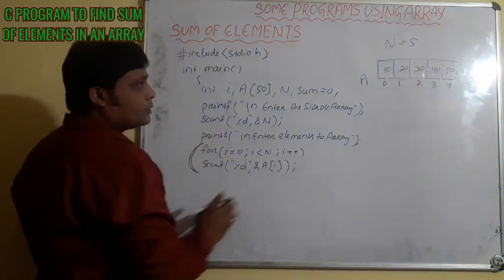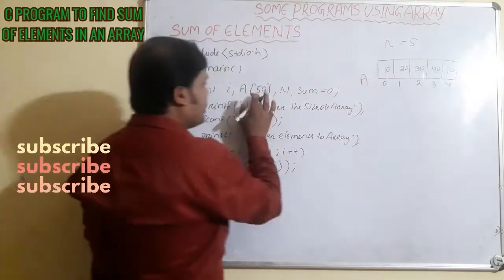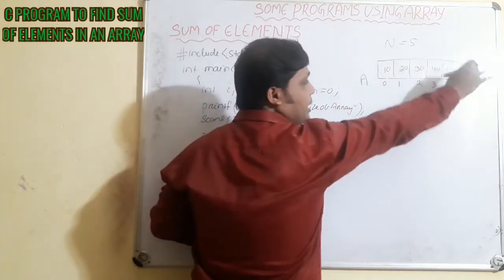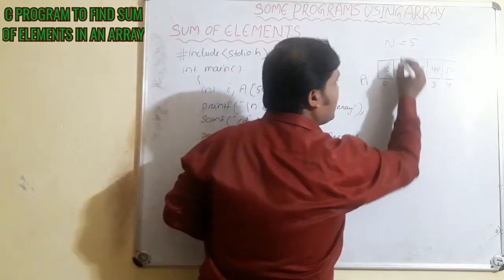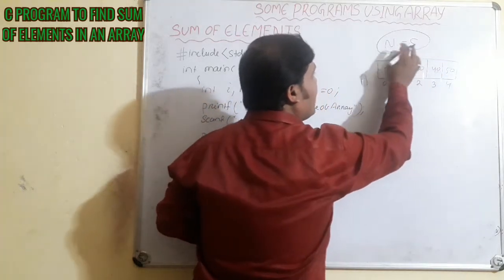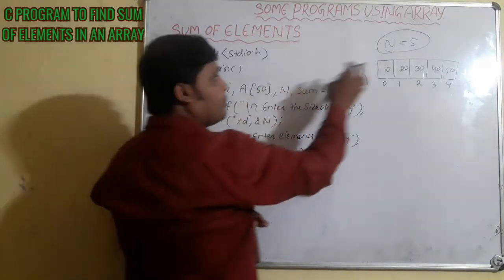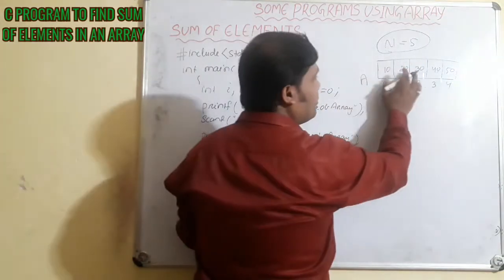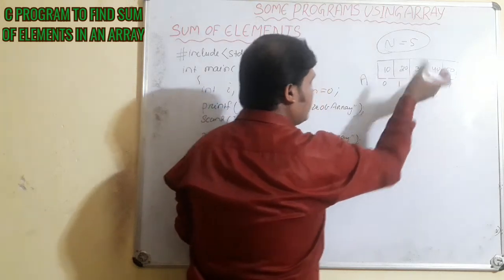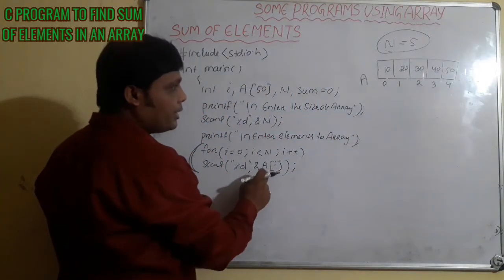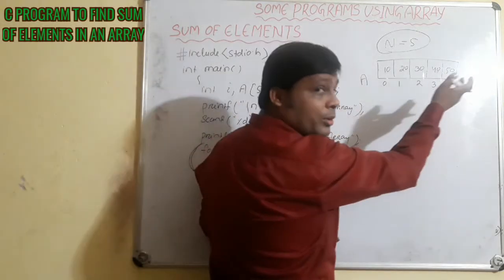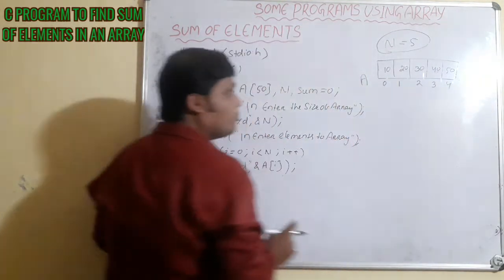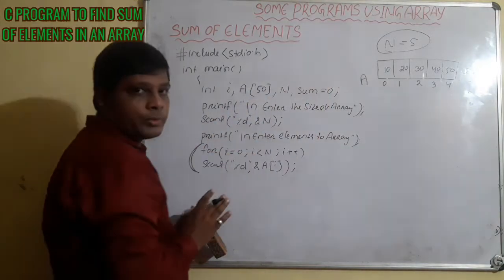Now see, because I have taken the large size, it will be 50 locations. There will be size 50. But I am inputting n number of elements. N value will be maximum 50. But here, for example, I am taking n value is 5. So 5 values will be initialized with my given values. Suppose I am giving 10, 20, 30, 40, 50. Other values will be what? I have already discussed. Other values will be 0, 0, 0. But I don't bother about those values.